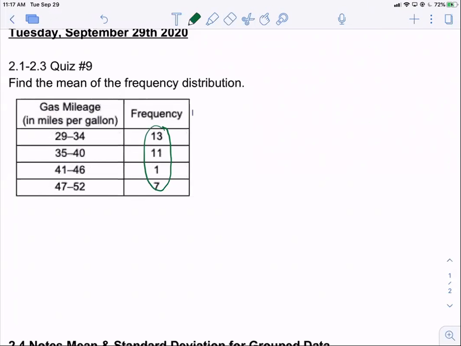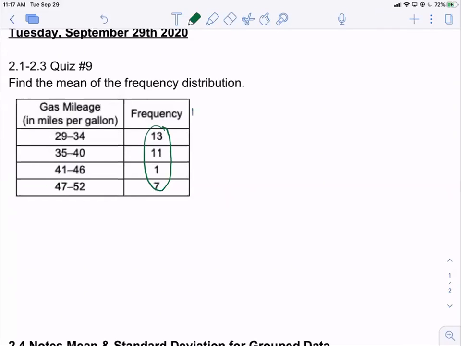If you just type in an answer, I don't know what you did, so I can't give you partial credit. Okay, I want to give you points. I don't want to give you zeros. We good with that? Okay, so when we want to find the mean of a frequency distribution, we have to